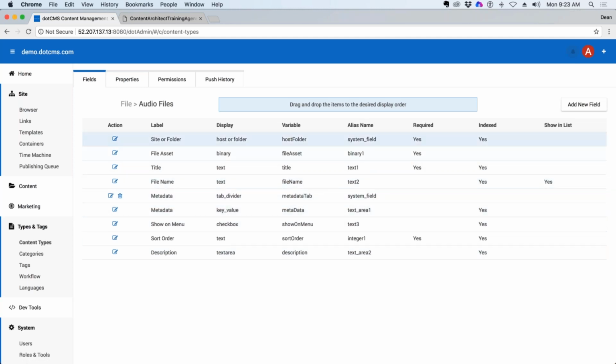File content types automatically get all of these because to upload a file using a content type, you kind of need all these. You need the folder where it's going to be uploaded to. You need to record that. Something to upload the file, the title of the file name, the metadata from the file, the show on menu checkbox, the sort order option, and the description. Okay, those are all there. And then I can add,